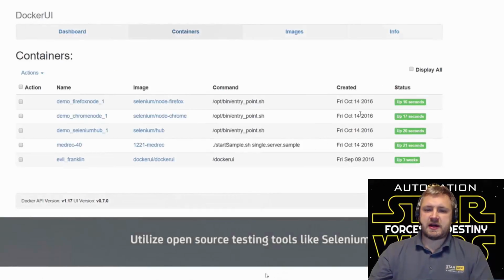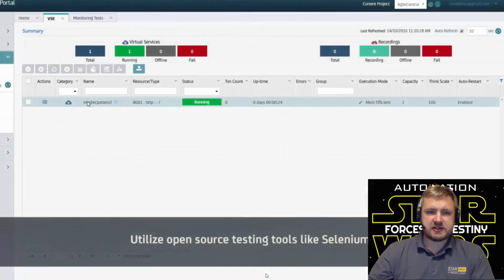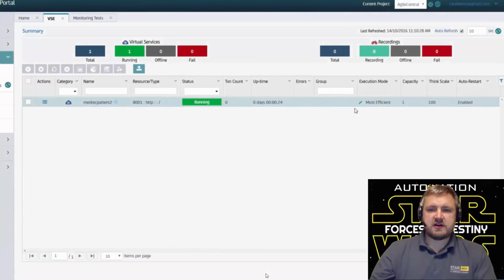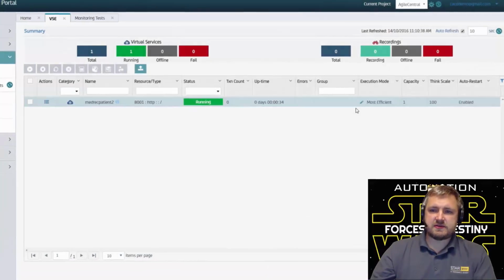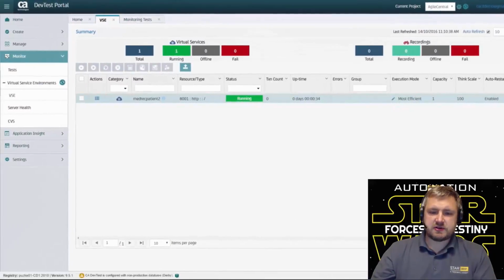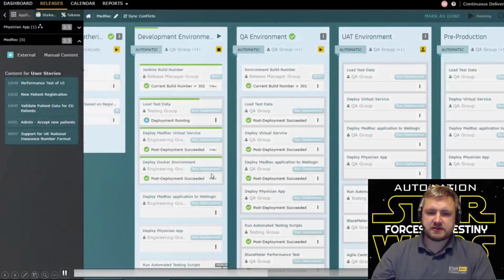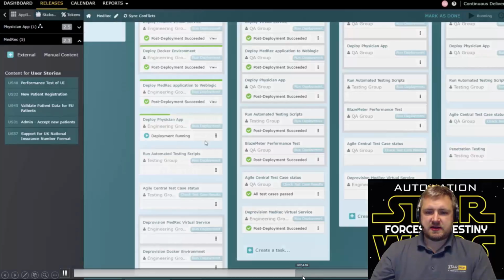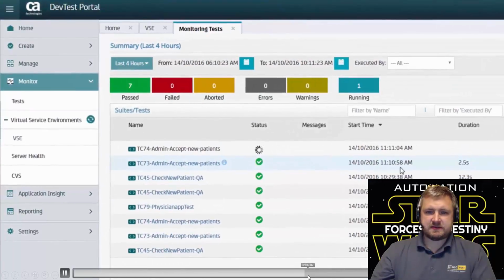That gives you a context of how you can start doing headless automation, and also how your services, in the case of Lisa, are consuming those services, and how you can create virtual services to accelerate your testing. I will skip forwards to give you an idea of some of the other tests that will be running.